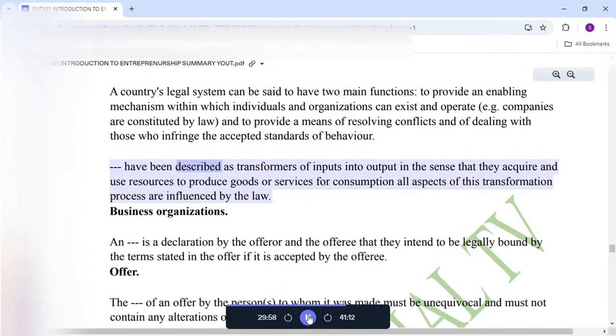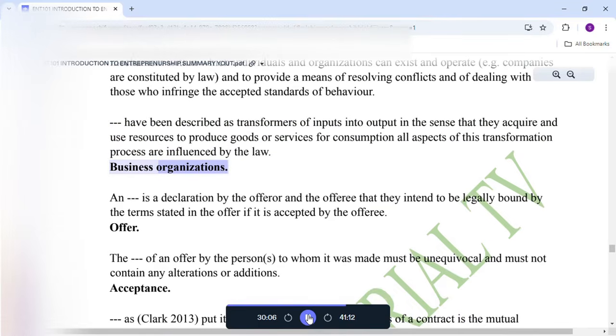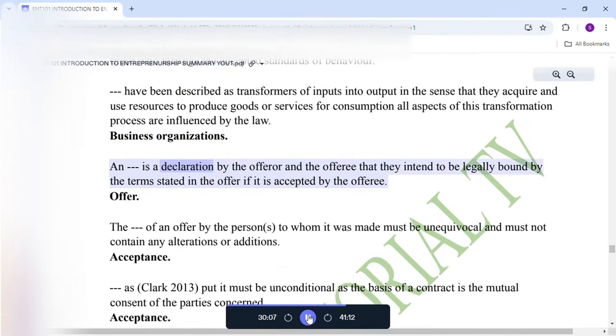Business organizations have been described as transformers of inputs into output in the sense that they acquire and use resources to produce goods or services for consumption. All aspects of this transformation process are influenced by the law. Business organizations. An offer is a declaration by the offerer and the offeree that they intend to be legally bound by